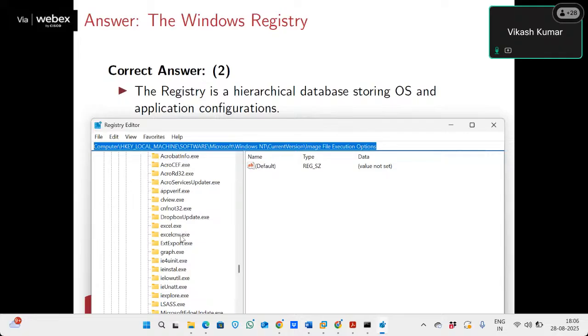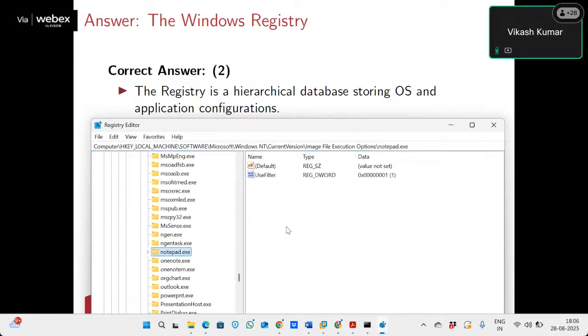Suppose there is some task manager or something, so notepad, I think. Okay, this is notepad. Now just look at the notepad. Whenever you click on notepad, which application will get loaded is decided by this part. If you change this one,